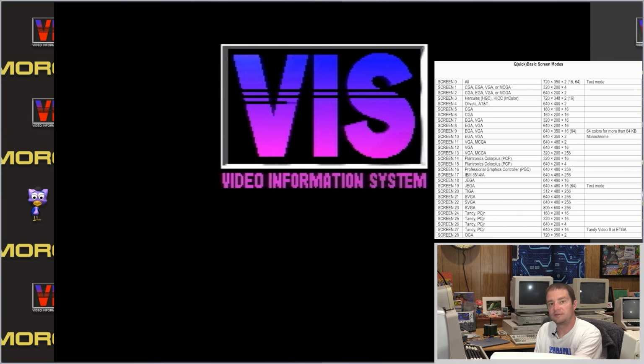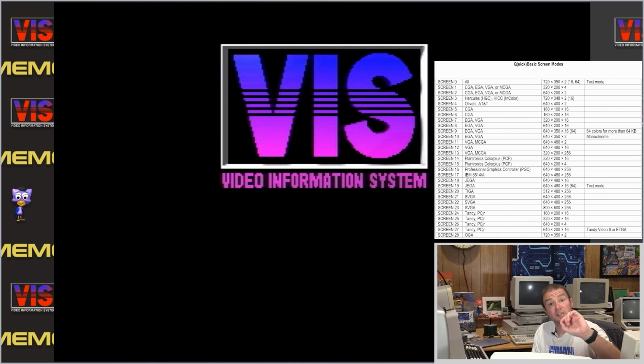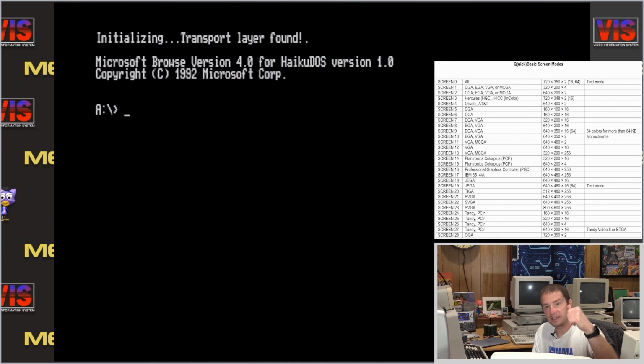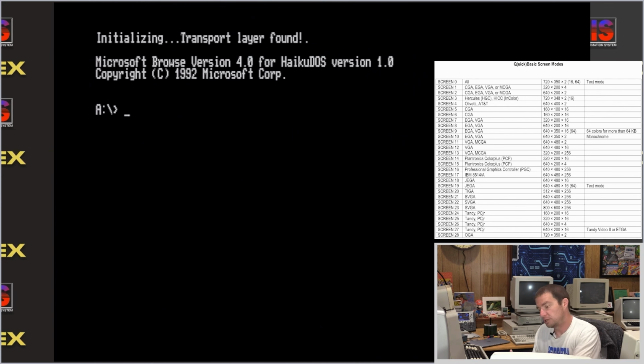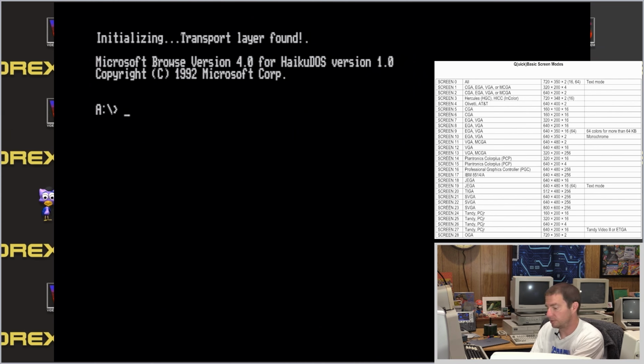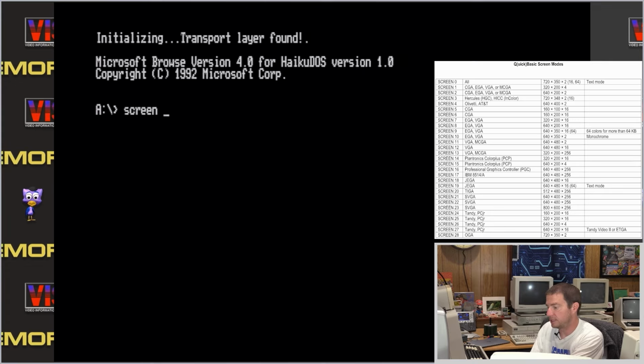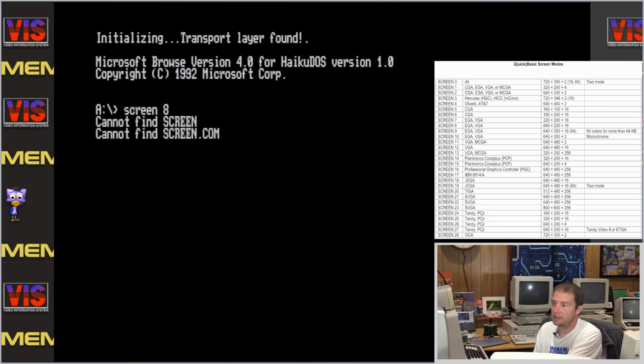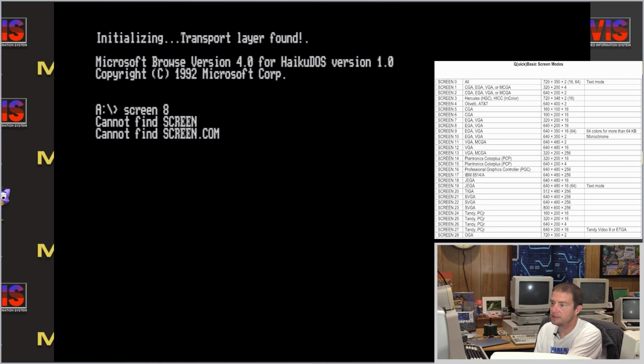Now, this next one's going to be a little fun. Next one we're going to do is 640 by 200 by 16. That is the EGA mode, 640 mode, and that is mode 0E. And that is screen 8. And now if I run screen 8,